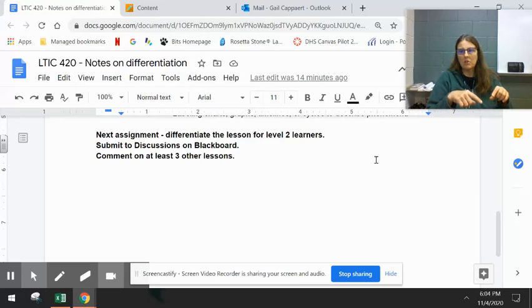You'll be submitting this to the discussions on Blackboard so everybody can see it, and you're going to paste it in, not as a file attachment, because I find the file attachments can take a long time to open. It slows everyone down. So just paste it in there, and then look and comment on at least 3 other lessons, and try to give